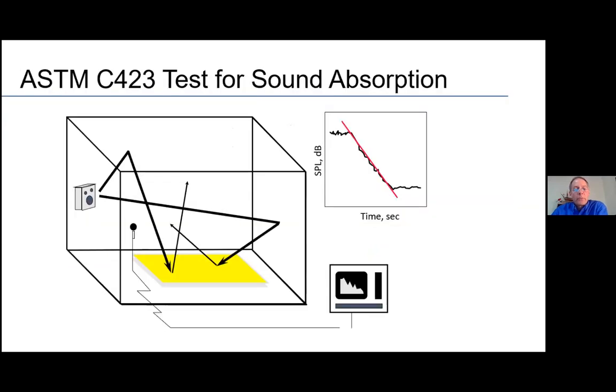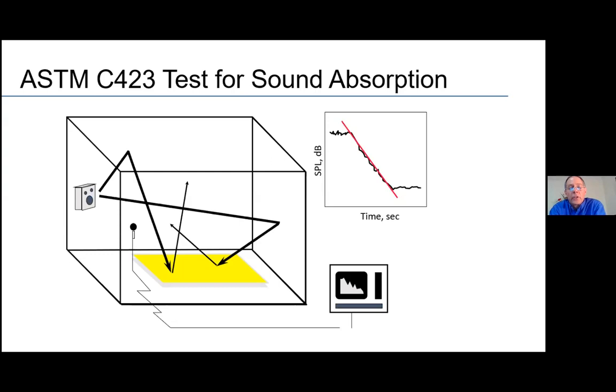So with that information in mind, we've talked a lot about different mechanisms, different terms used for describing noise. Let's take a look at the different testing methods that are there for evaluating the noise reduction performance capabilities of different materials. One of the very common ones is the ASTM C423. That is the test that is used to measure the sound absorption performance of a material. So we were talking about the absorption coefficient in the previous graphs. This is the method that defines how to do that test.